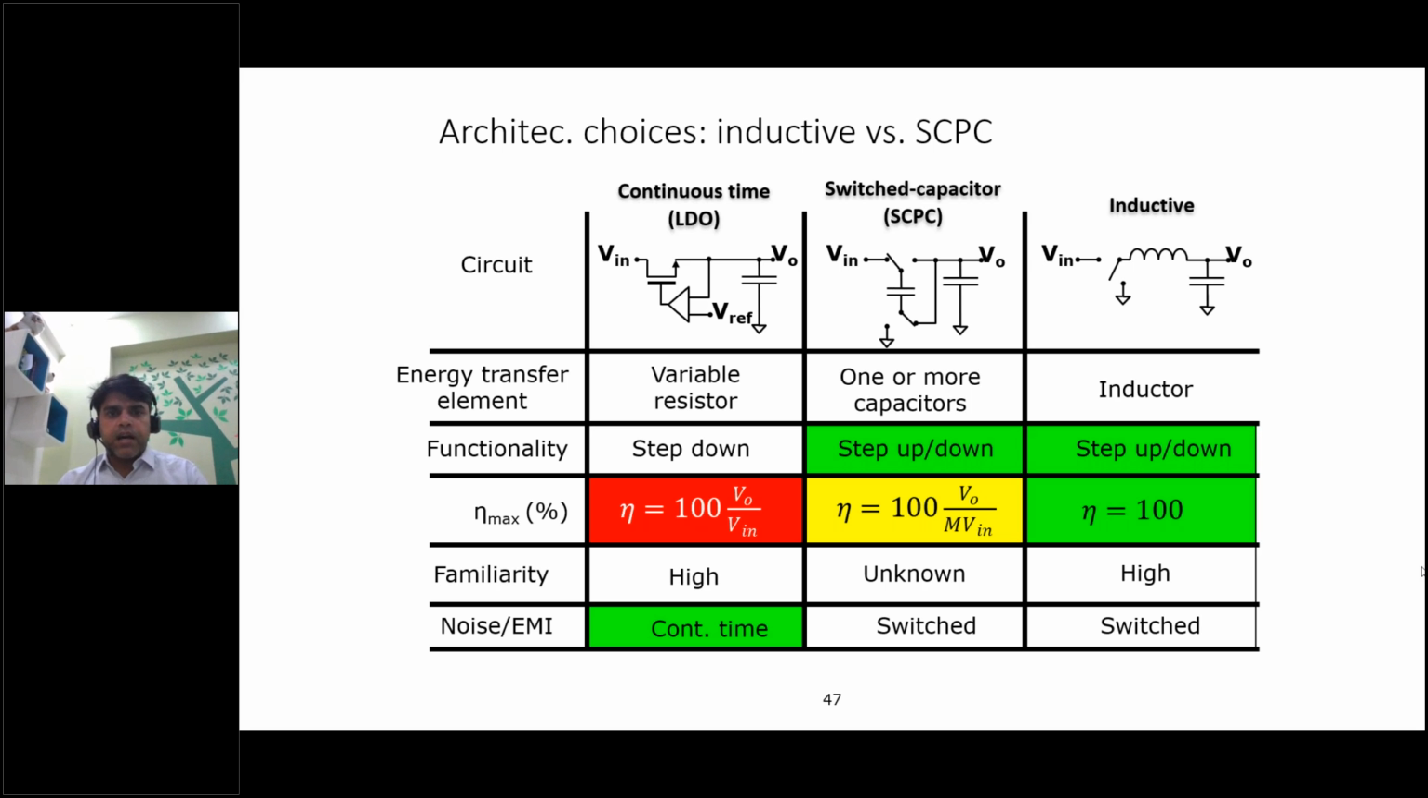Then the other is called switch cap circuits. And then the third is called inductive circuits. So everywhere it's all about taking one level of power supply and converting it to another level of power supply. But there are challenges. So for LDO,